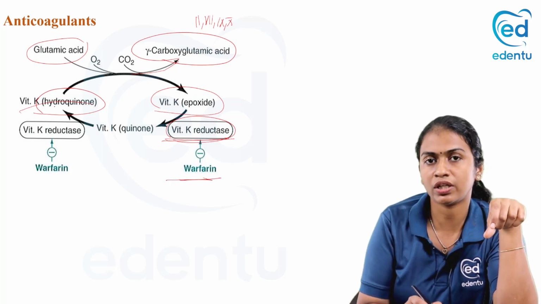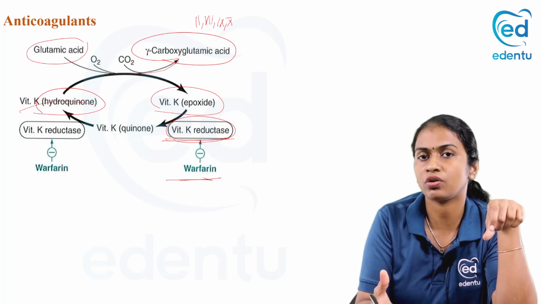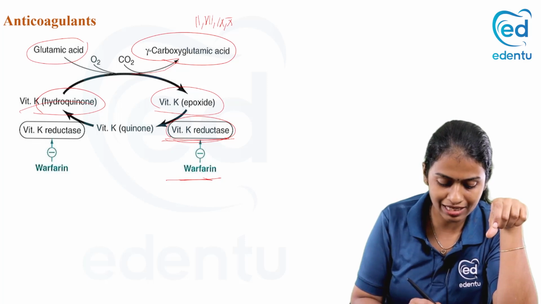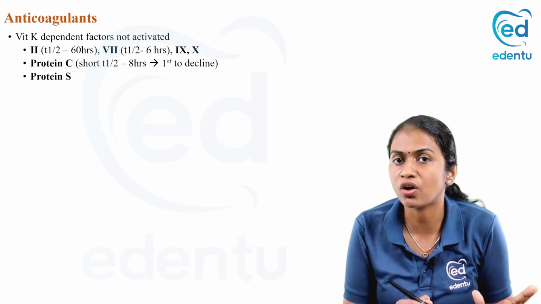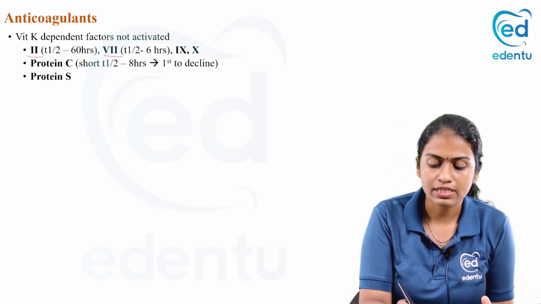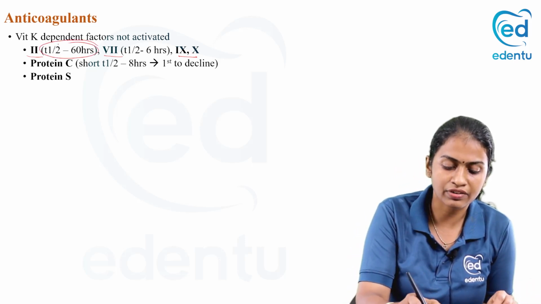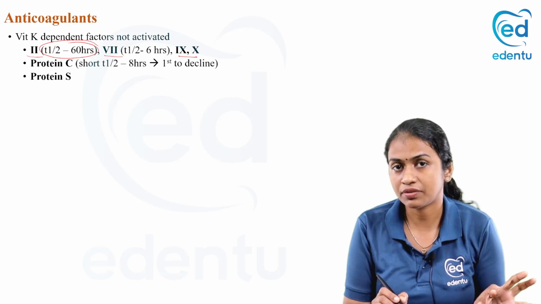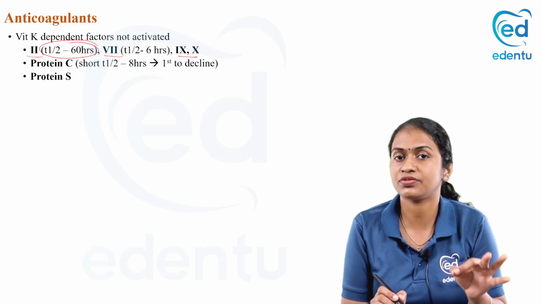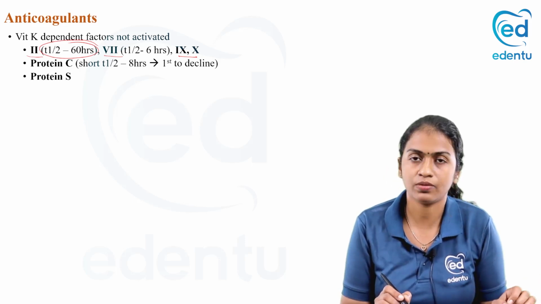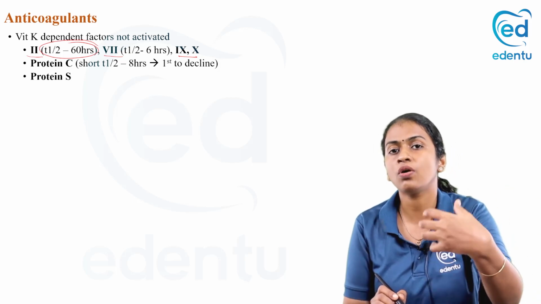When this regeneration is not taking place, gamma carboxylation of glutamic residues and activation of these clotting factors is not taking place. That results in inhibition of these clotting factors. So, vitamin K dependent clotting factors, that is factor 2, 7, 9 and 10, are not activated. Factor 2 has the longest half-life of 60 hours and factor 7 has a half-life of 6 hours. So, minimum 6 hours it takes for the action to happen. If we are giving vitamin K as an antidote for warfarin toxicity, it takes minimum 6 hours for the